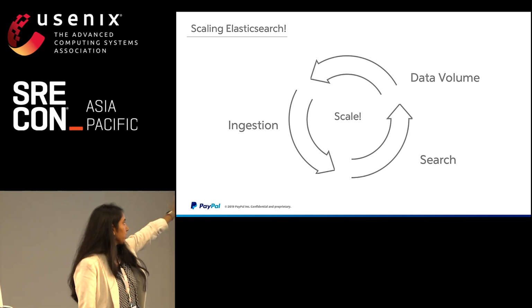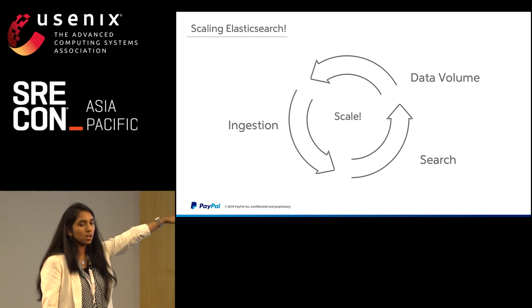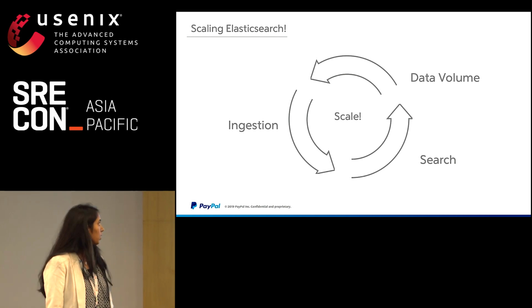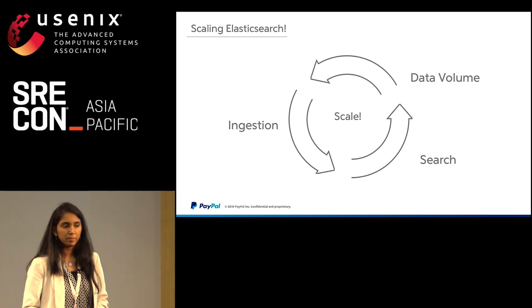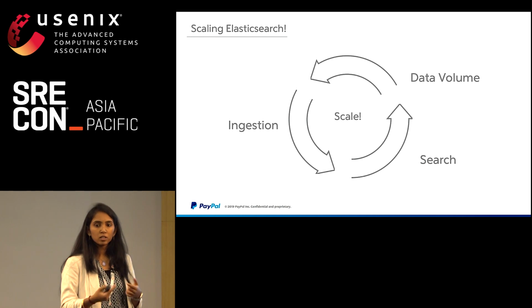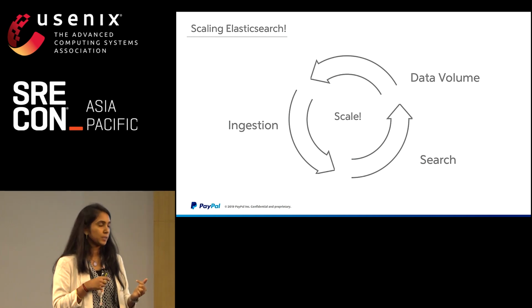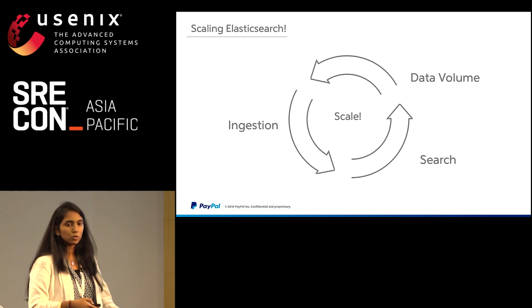We'll put it in 3 different dimensions. One is ingestion, another is search, and another is data volume. Ingestion: I want to handle this many millions of records per minute, and maybe I want to do it in a shorter period of time or handle more records for a given period of time. With respect to search, handle more concurrent queries or reduce my latency. In terms of data volume, I come back and say, I want to have additional data in my cluster. Say currently it's for a year, and I want to do it for 3 years. How to go about it?